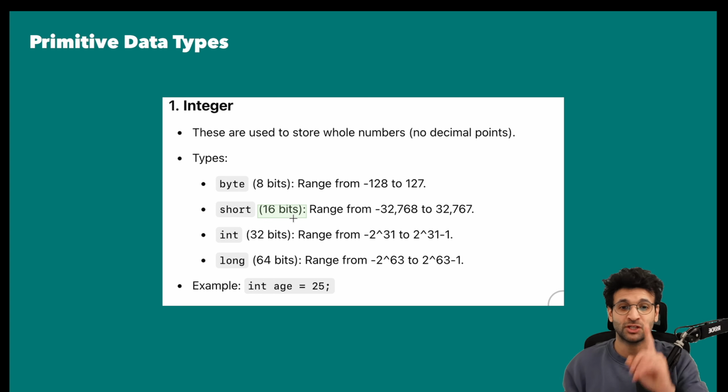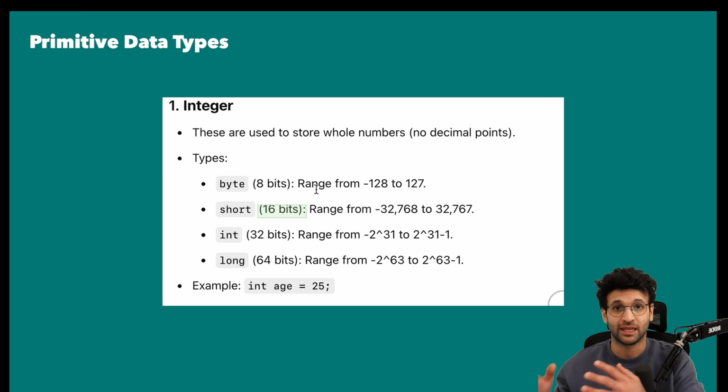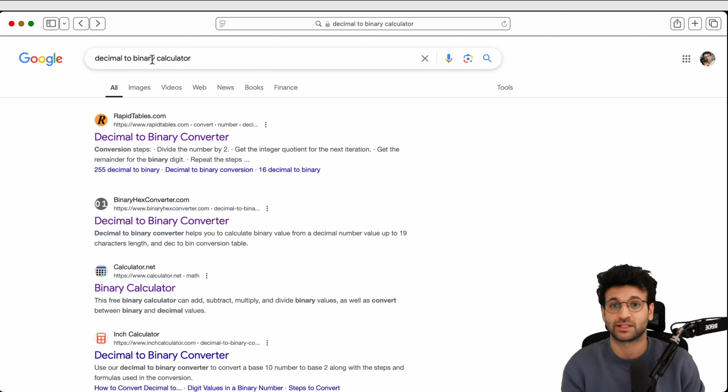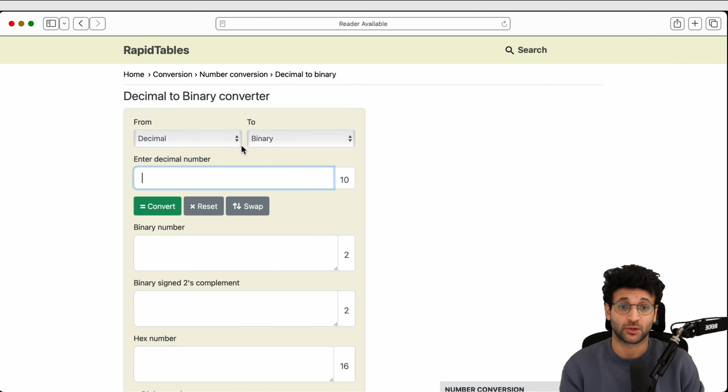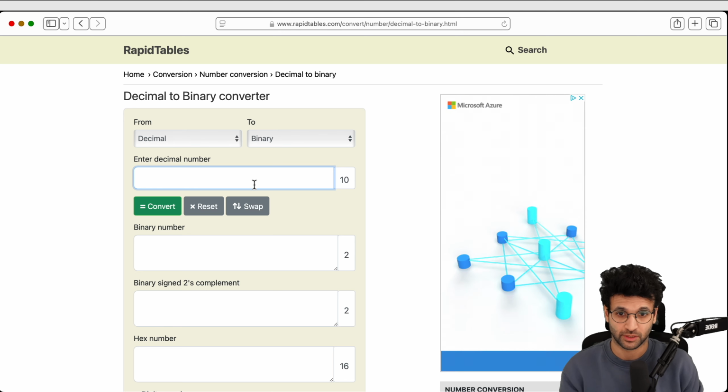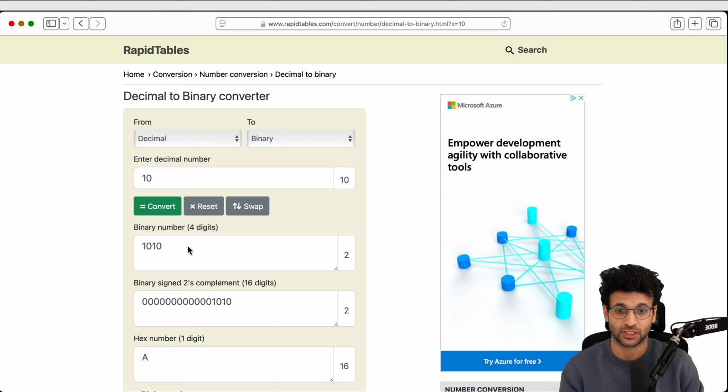So I'm going to show you a website where we can actually have a look. It's like a calculator where you input a number in this form, which is called the decimal form, and it will transform it into binary form, as in what the computer will actually store when you define a variable. So say you define a variable with value 10, then we're going to see how that looks in binary format as bits. All right, so I've just typed in Google decimal to binary calculator, and I'm just going to go with the first one, and I'll put the number 10, and I hit convert,